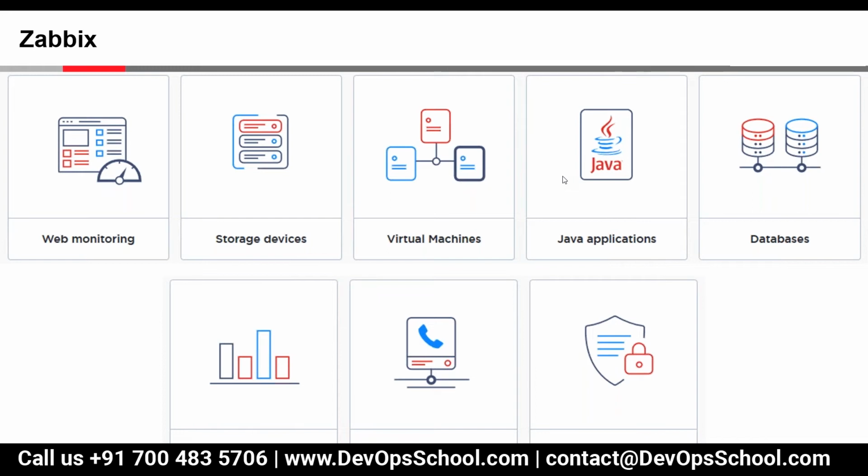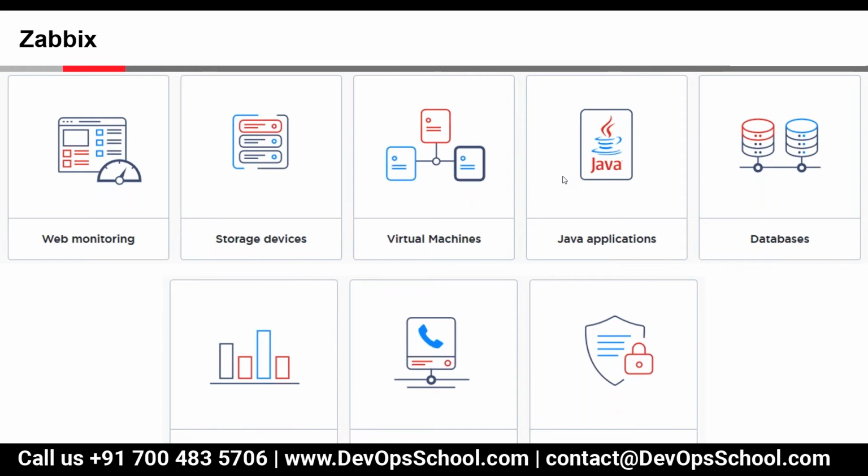In databases, we can monitor mostly all the databases, whether it is Microsoft SQL, MySQL, MongoDB, or Oracle database. We can do all those things. Even whether the database is present on a Windows or a Linux machine, we can do both.